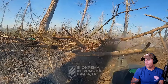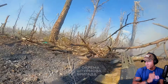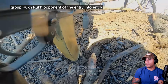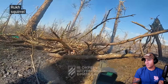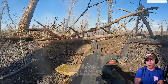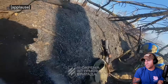Dude. Man, he's really having to suppress him. I mean, he's going like full auto and stuff. And so it's just trying to get some guys. Yeah. Again, you just gotta keep like getting a foothold and getting a foothold. But dude, this is really challenging terrain. It doesn't really give you a whole lot to work with. Jeez, I don't know how many magazines he has, but